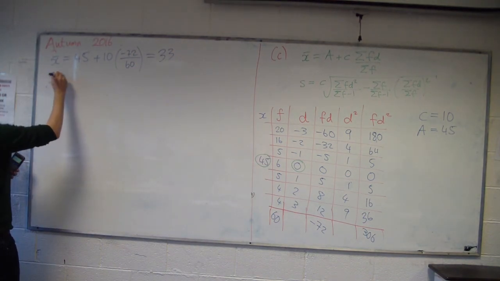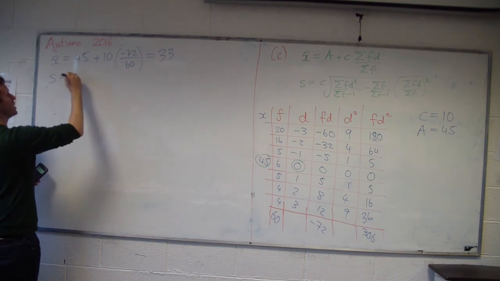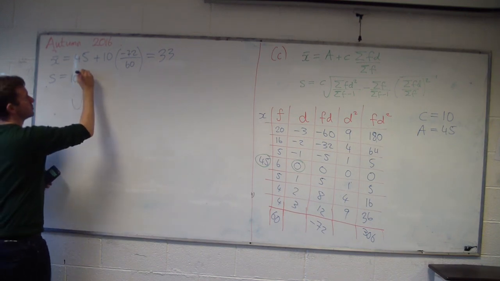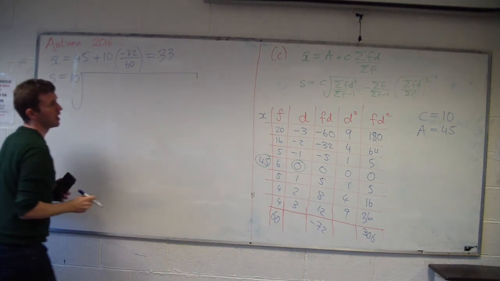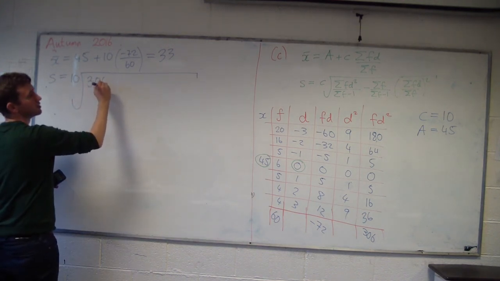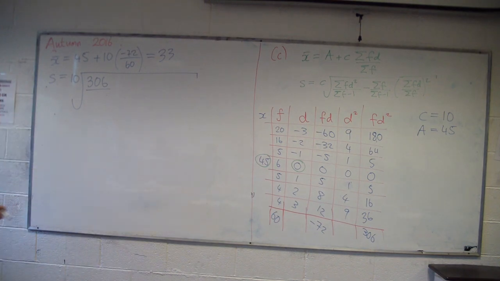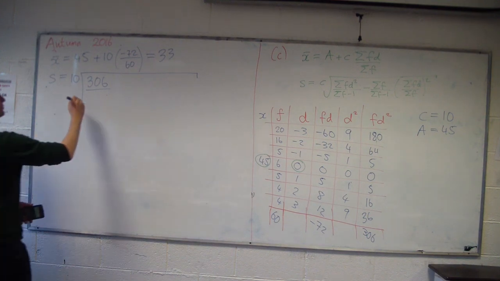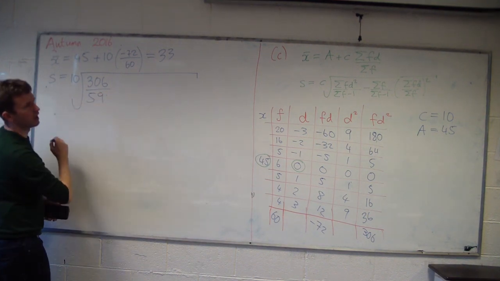And then s equals c, which is 10, square root, add up f by d squared is 306, over add up f minus 1. What do you think add up f minus 1 is? 59. 59, yeah. Minus add